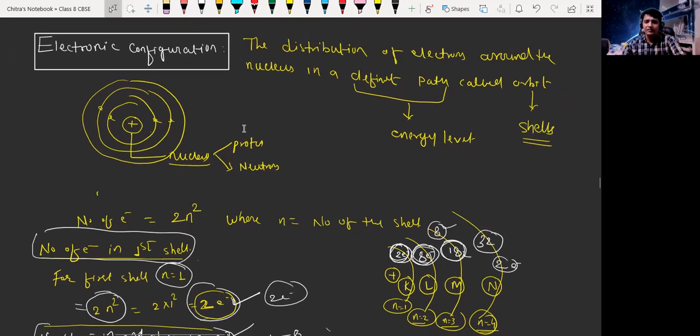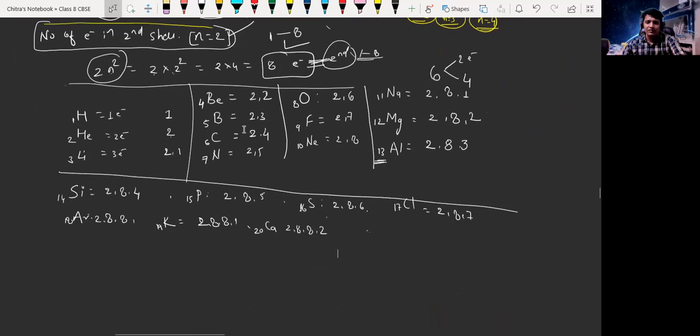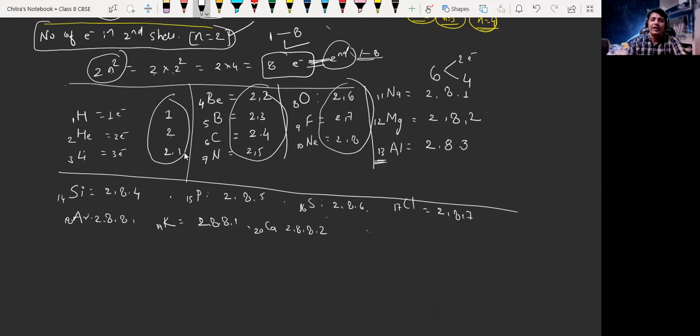Sir, the numbers which you are writing beside, like hydrogen equals 1, they are valencies, right? No, beta. They are the number of electrons, and we are getting the electronic configuration. Yes, this is the electronic configuration that we have discussed here, and here, and here again. Then here it is about silicon, then phosphorus, sulfur, chlorine, argon, potassium, and calcium.